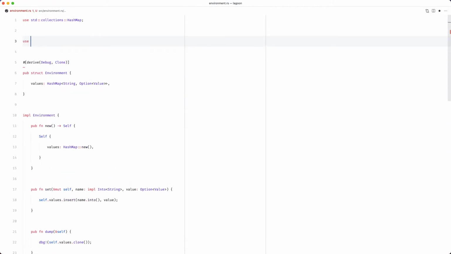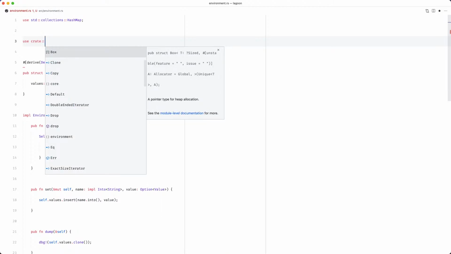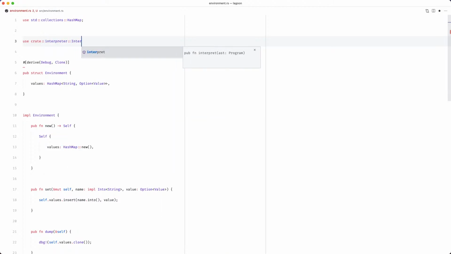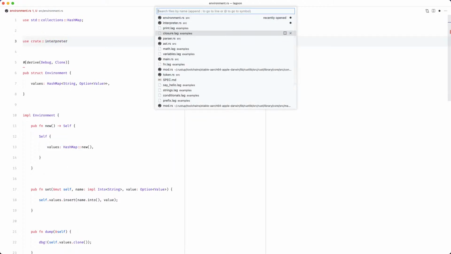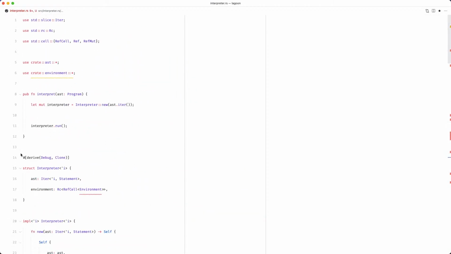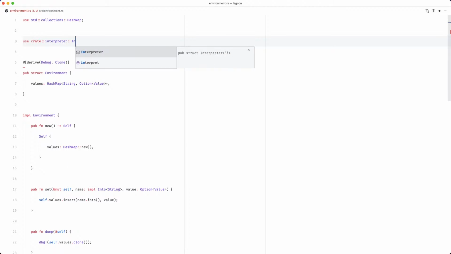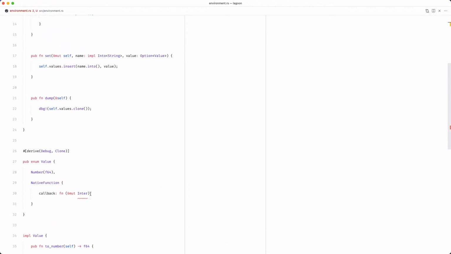So we'll use create interpreter. We need to make it public. So pub. It's going to receive an interpreter, and it will also receive a vector of values and optionally return a value like this.